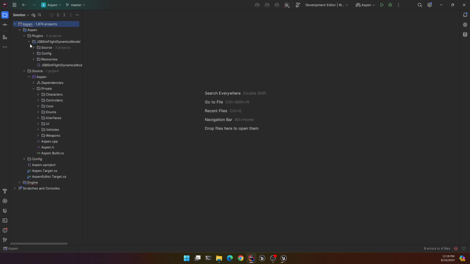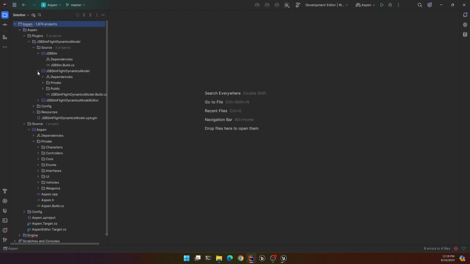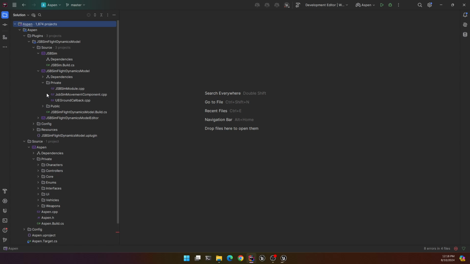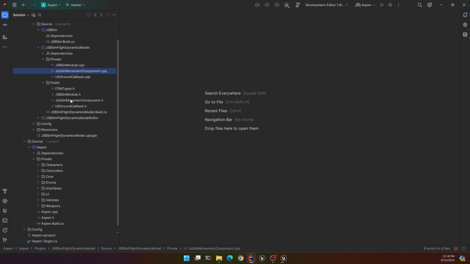A couple people have asked about how I got the JSBSim aircraft to work in multiplayer, how I got them replicating, and so I wanted to show that very quickly. In this plugin, we have the JSBSim movement component, and if we take a look